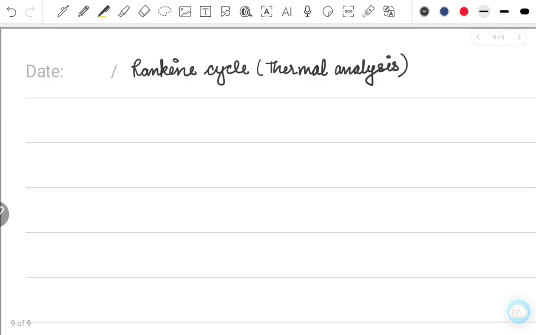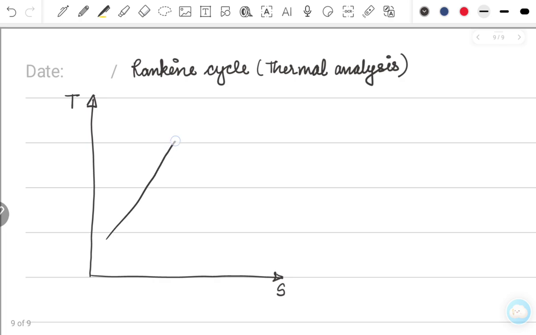So in the last lecture we have seen how to draw the Rankine cycle. That means a cycle which is comprised of four major processes. What are those? Let me draw it here and then you will remember. I am drawing it in a T-S diagram. So the processes are,